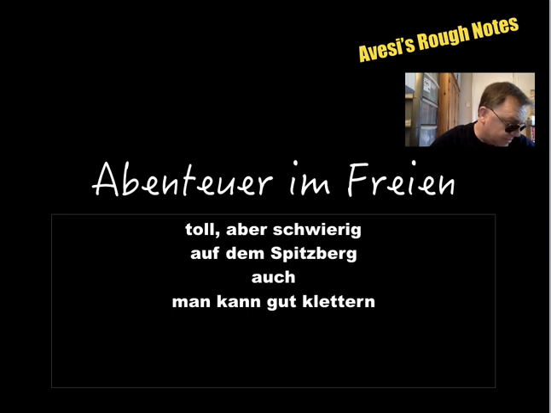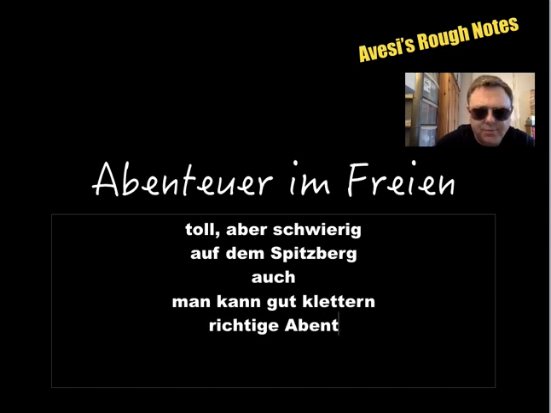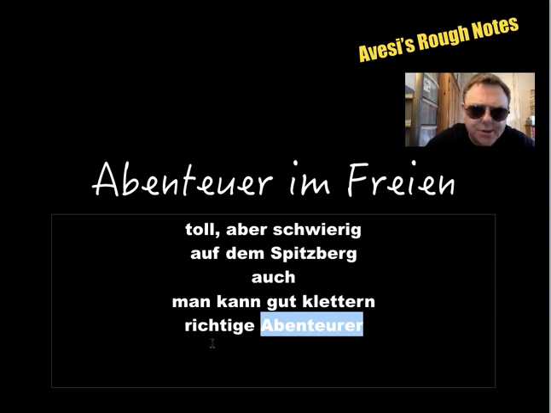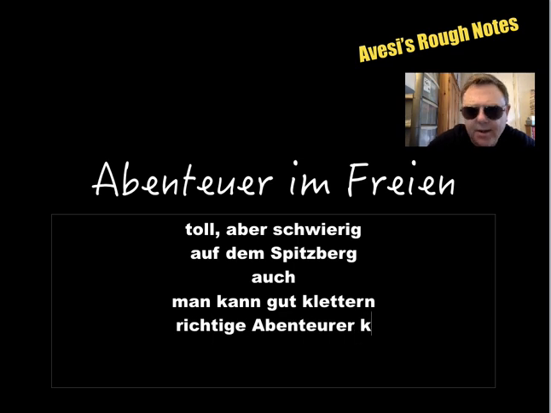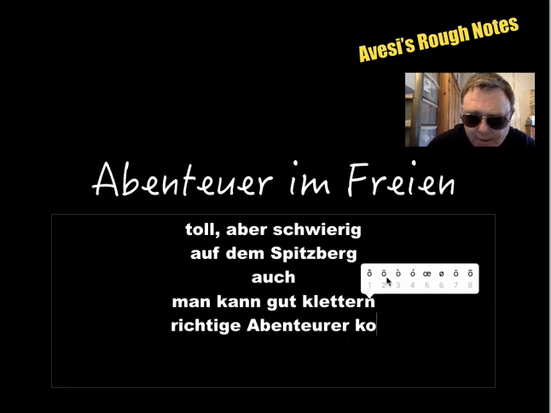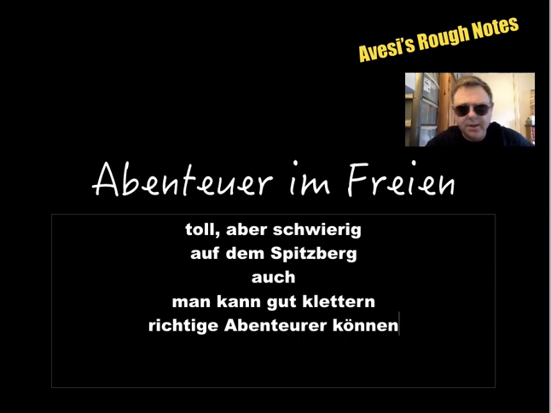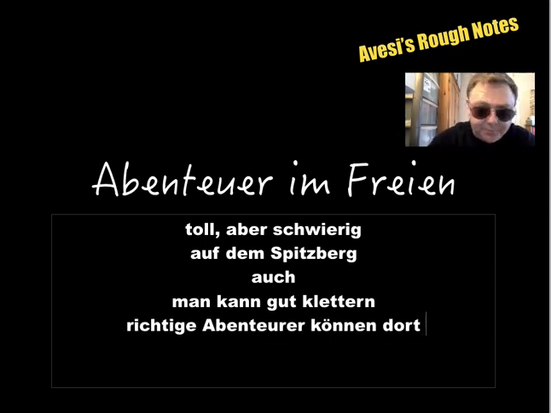So, richtige Abenteuer. This means proper. Now, richtig means correct or proper. Abenteuer means adventure, as we've worked out already. Now, Abenteurer means adventurers. So, proper adventurers can. Notice that can here, because this is the plural form of can, is können. That's still a modal verb. It's können. So können, dort, there,